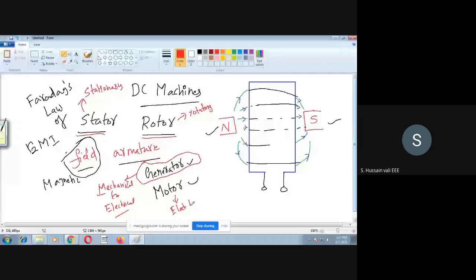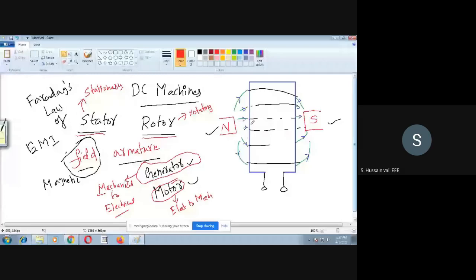Now you understand generator and motor. Even though it is a generator or motor, this magnetic field and the coil are common parts. Now, for example, let me take the case of generator. In a generator, what input will you give? You will give mechanical input. To whom will you give the mechanical input here? You will give the mechanical input to the coil.